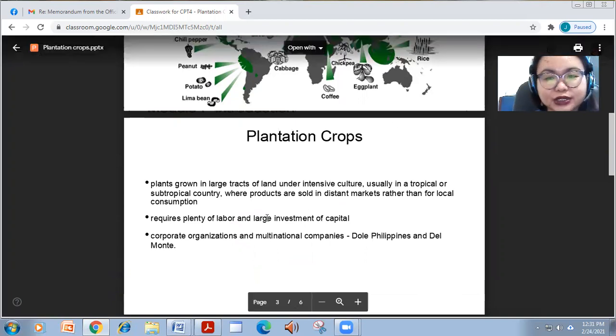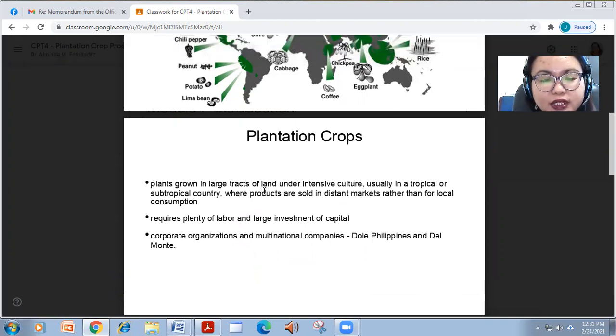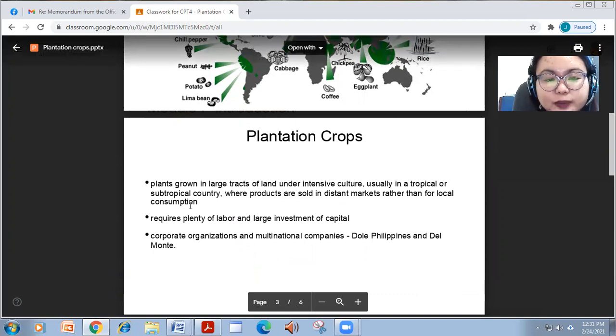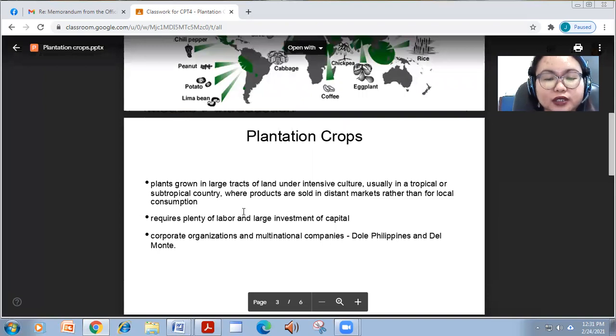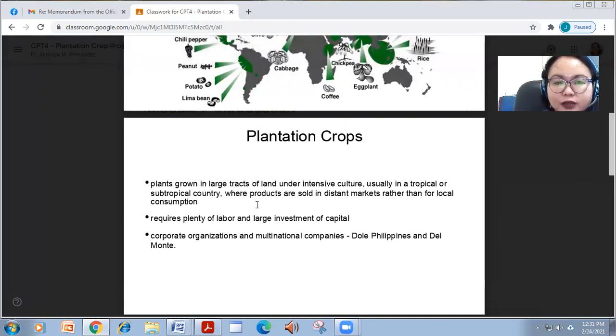So what are plantation crops? These are grown in large tracts of land under intensive culture, usually tropical or subtropical, and are sold in distant markets rather than for local consumption. So we grow them not for our locality, but for other markets, or if domestic, in other islands.